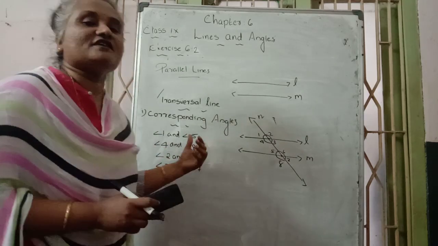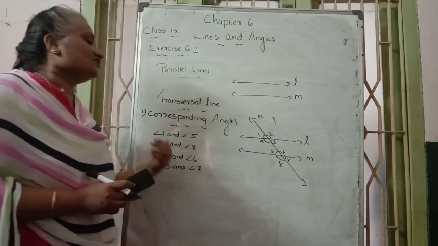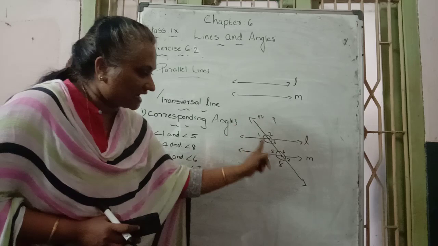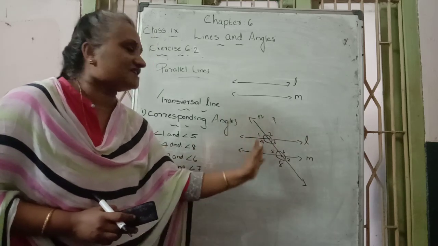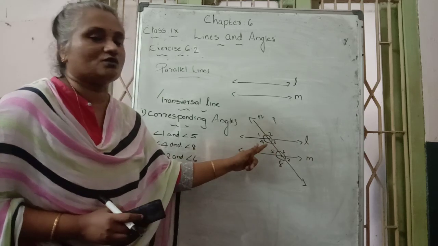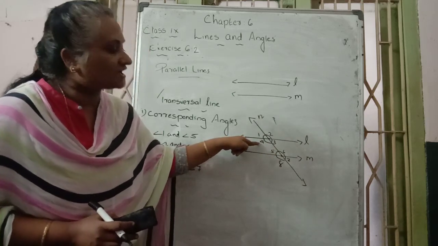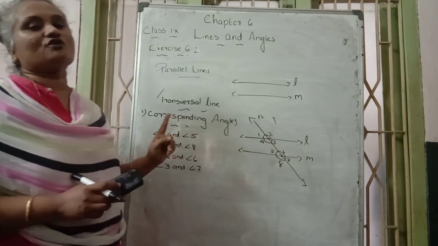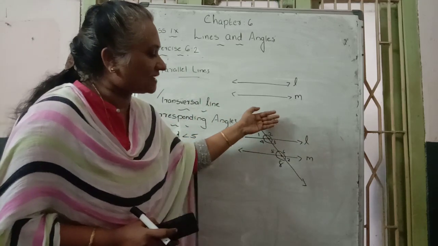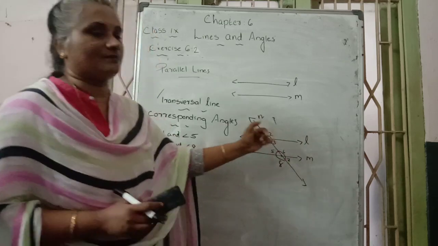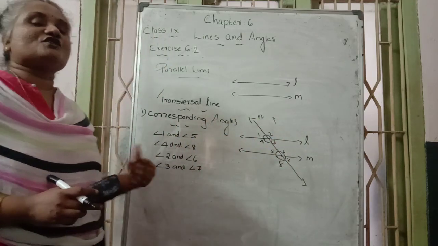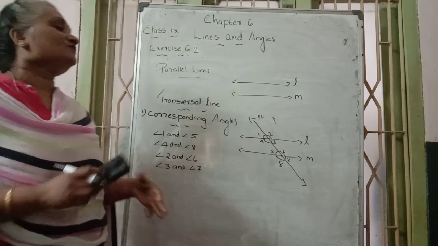So there are a total of 4 pairs of corresponding angles. You take angles on the same side: when considering the top angle on the first line, consider the top angle on the second line only. Suppose you consider the bottom angle, then consider the bottom angle on the second line only. This is the left side case. In the right side case also, top angle with second line top angle, bottom angle with bottom angle. Such angles we call corresponding angles.